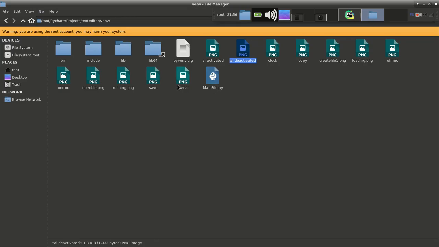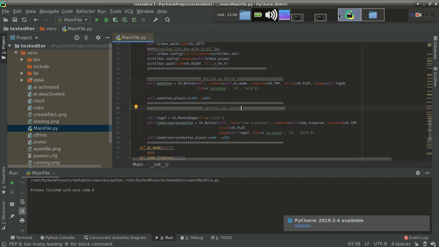Name of copy button is, let's see, copy. And one more thing also, microphone. Yes, there are two names of mic, that is off mic and on mic. So we have to import both images. Remember these names. So we have copy button as copy, so file name should be copy.